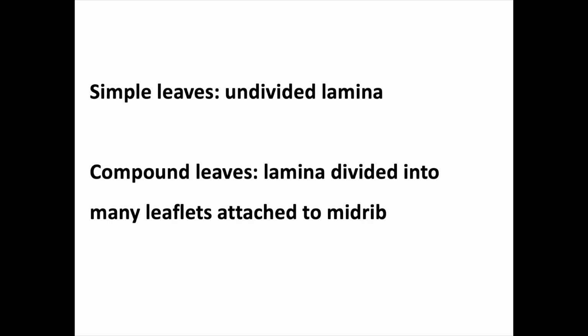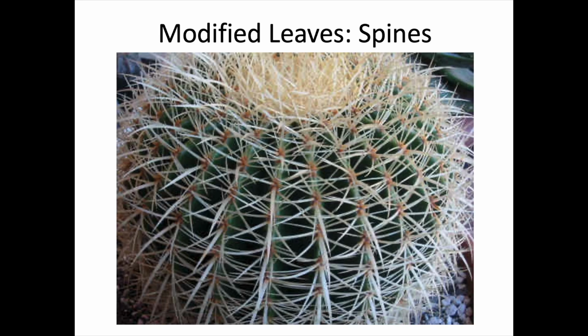Okay, just like we did for stems and roots, we talked about generic leaves. Now let's look at modified leaves. So there are several ways that we can modify a leaf to do different jobs. Let's start by talking about spines. So we find these in cacti, and they're kind of weird because they do the exact opposite job of what